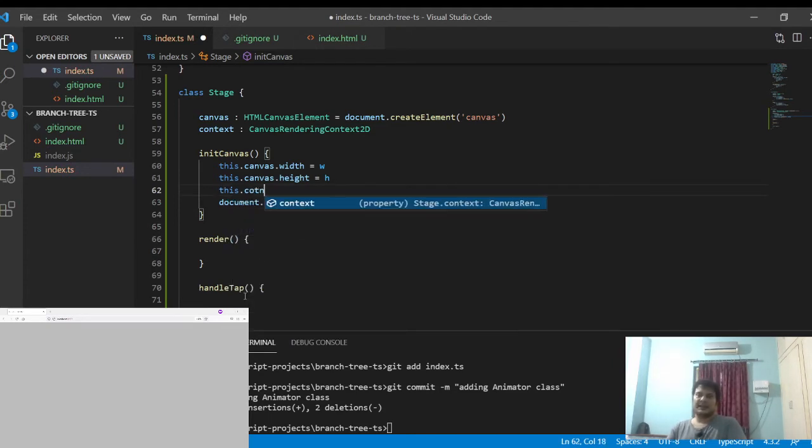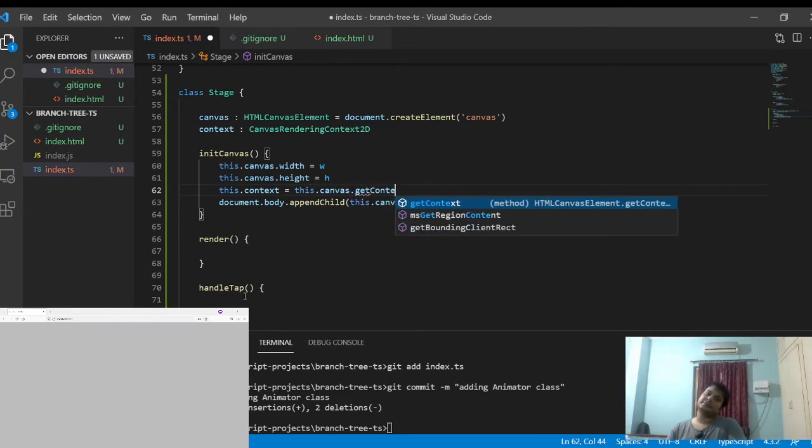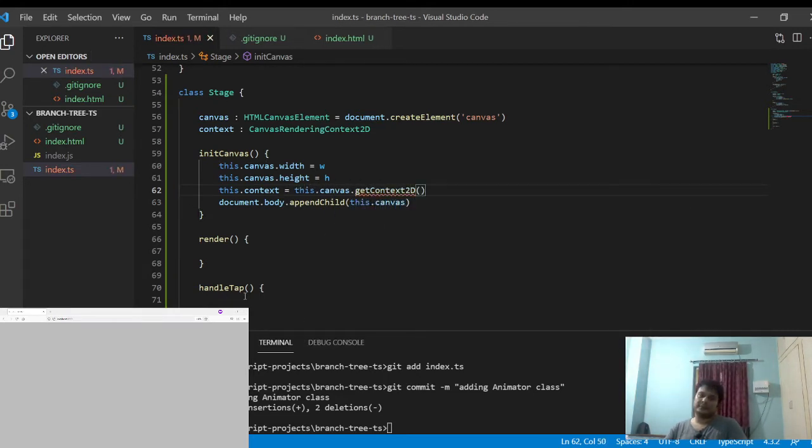We'll also get the context object from canvas. Get context 2D will be inside this.